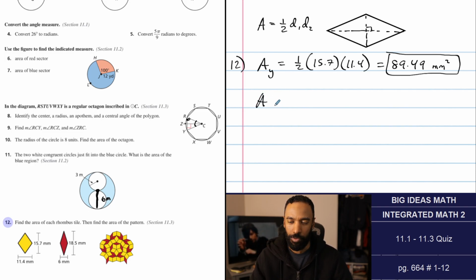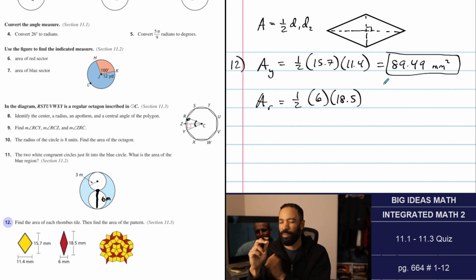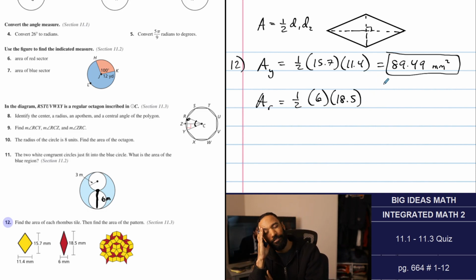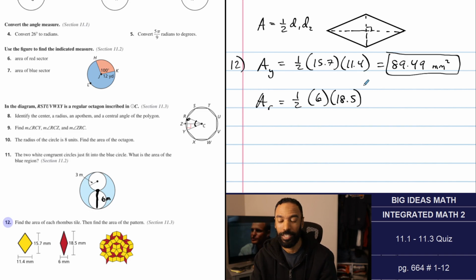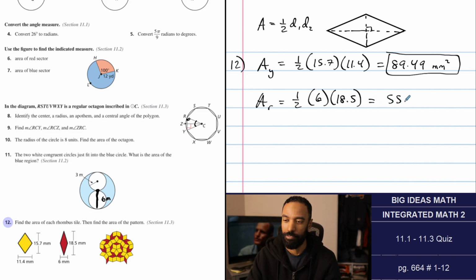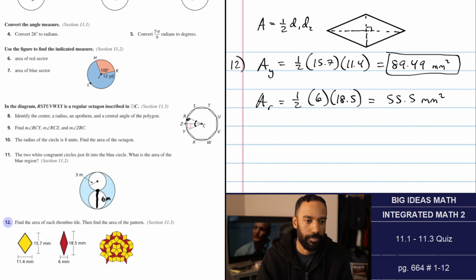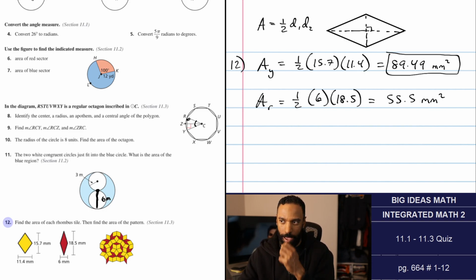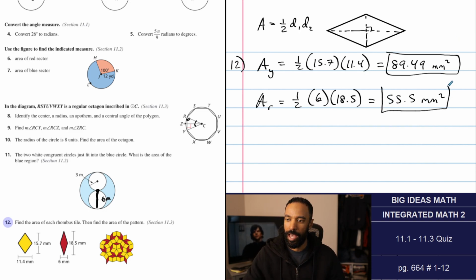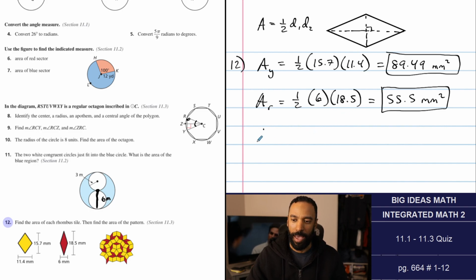And then the area of the red rhombus tile is 1/2 of 6 times 18.5. 3 times 18.5 would be 55.5, I think. 55.5 square millimeters. Let me double check that. Yes. So 55.5 square millimeters. So the last part is the area of the pattern,